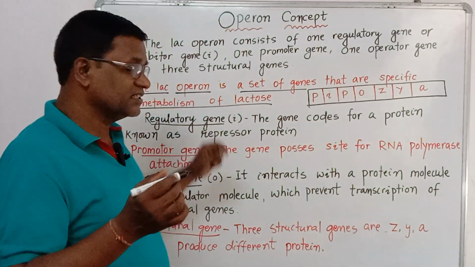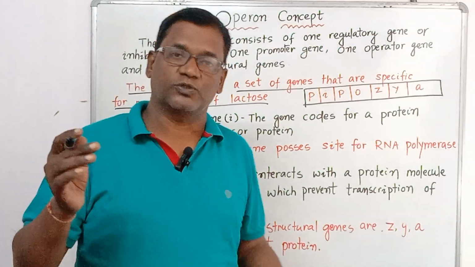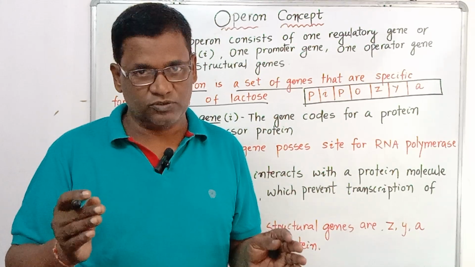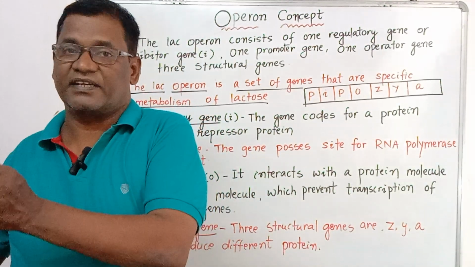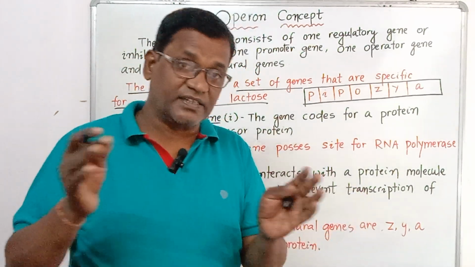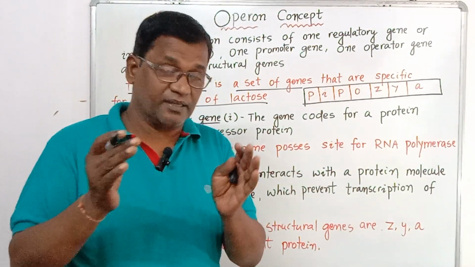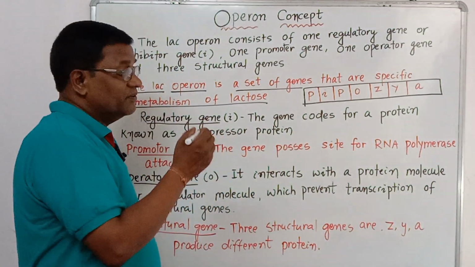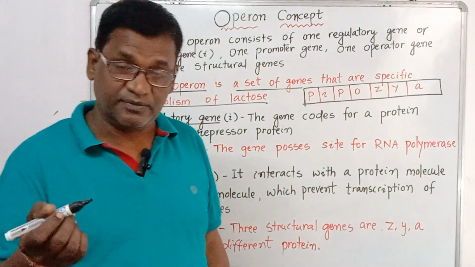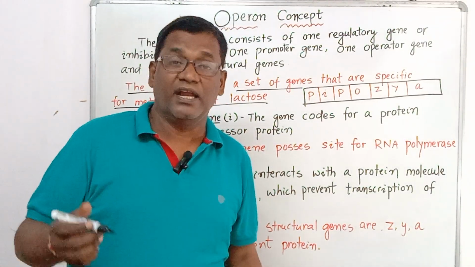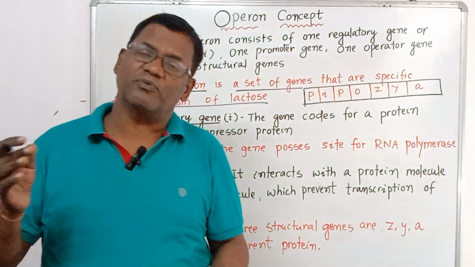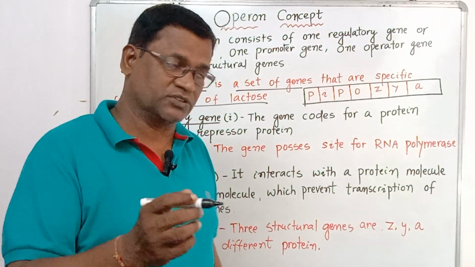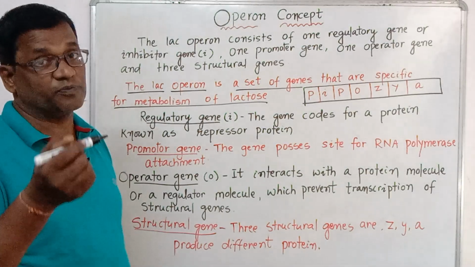Then where is this lactose there? Suppose you think there are two media. In one culture, the bacteria with lactose, and in another culture, bacteria without lactose. You are seeing the difference of the cultures: in two cultures, one has lactose and one does not have lactose. Where the lactose is there, what will happen generally? The bacteria will secrete the enzymes which will break down the lactose. And where there is no lactose, there is no question, because it will not synthesize the enzymes which break the lactose.